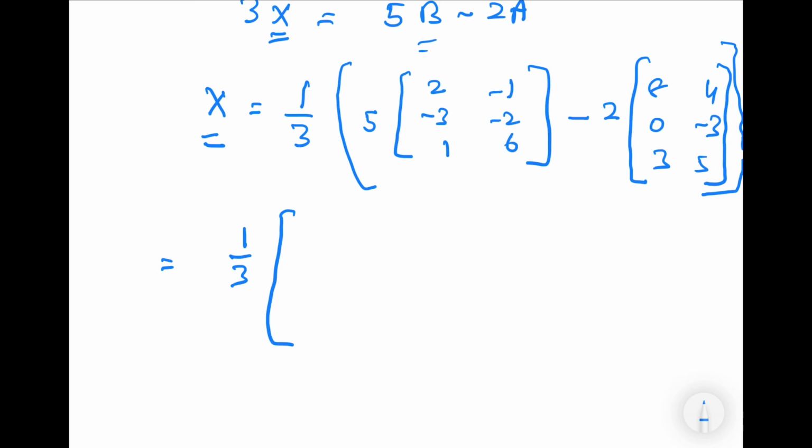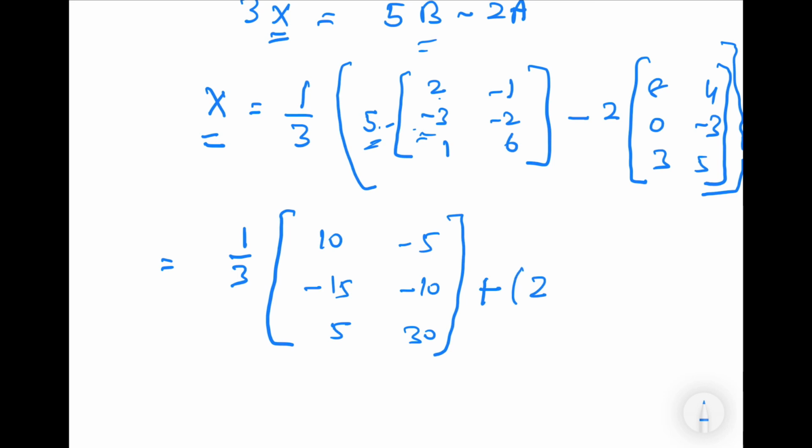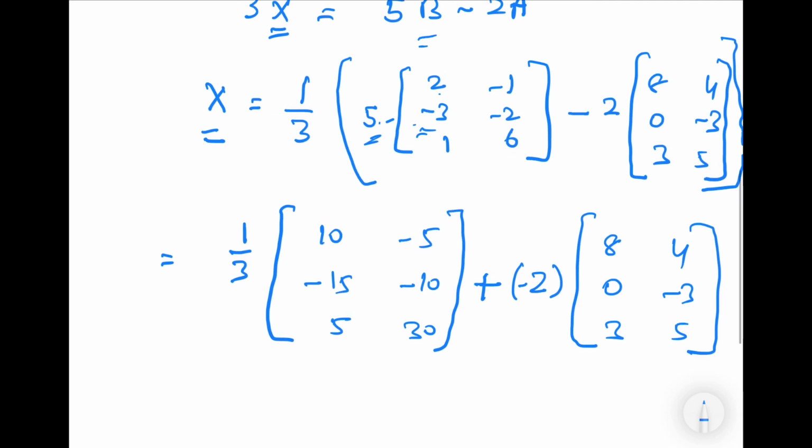This matrix becomes, every element of this matrix is multiplied by the scalar quantity 5. 5 into 2, 10. 5 into minus 3, minus 15, and so on. 5 into 1, 5. 5 into minus 1, minus 5. 5 into minus 2, minus 10. And 5 into 6, 30. This is minus 2. Or we say that if we multiply this matrix by minus 2 and then add both the matrices, that is the same thing. 8, 0, 3, 4, minus 3, 5. We get